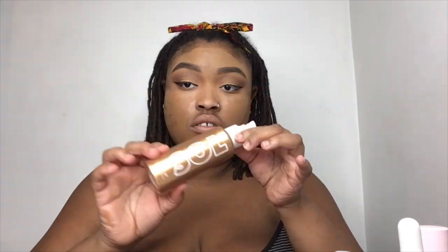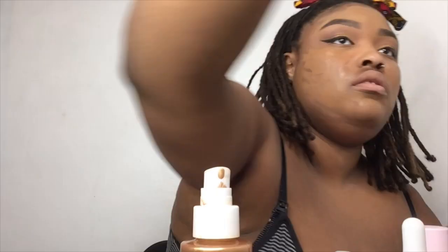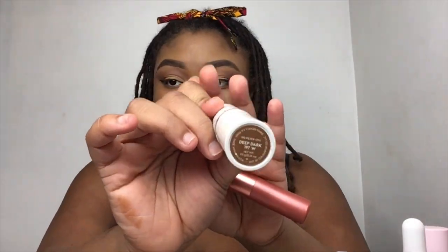I then go in with my new favorite foundation, which is the Makeup Revolution Conceal and Define Full Coverage Foundation in the shade F13. And I take that plus my Body Glow from ColourPop and I mix that in, blending it out with my foundation brush, the Morphe M439 brush. After I get a solid base, I go in with my ColourPop No Filter Stick in the shade Deep Dark